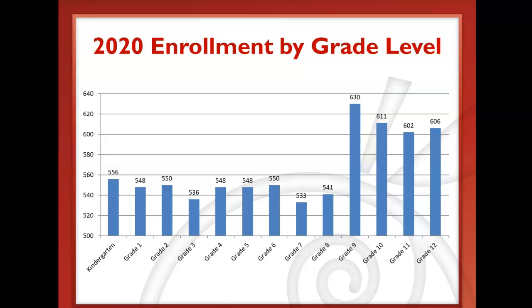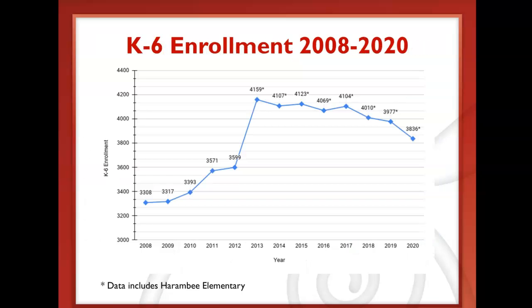Our enrollment really matters because it provides us with our financial support as well. The students that we have are how we actually get our funding for our students. So seeing these enrollment dips are a little bit of a concern for us, but they're also reflective throughout the state as well.